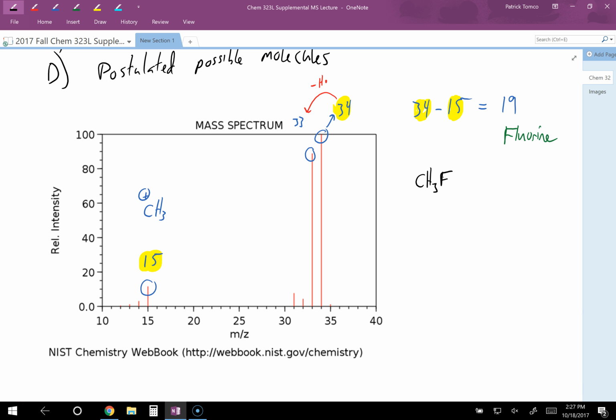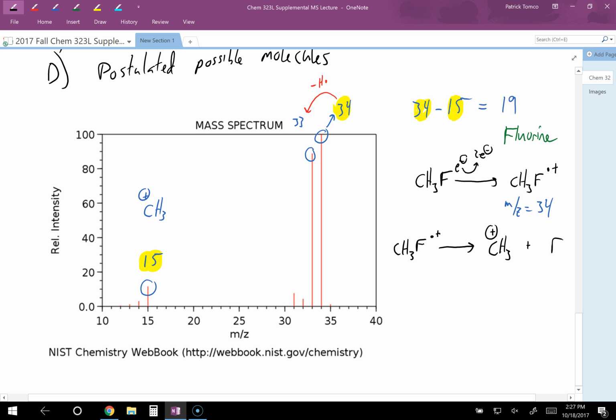Once I come up with the molecule, I need to go back forward and run through that whole postulation procedure. What would this look like once it is introduced into a mass spec? Fluoromethane would look like this, and it would have a mass to charge equal to my molecular ion, 34. But I also need to think about how it could fragment. There are a couple of ways. One would be if I lost a fluorine, I could get a methyl cation plus a fluorine radical. Or if I lost a hydrogen,